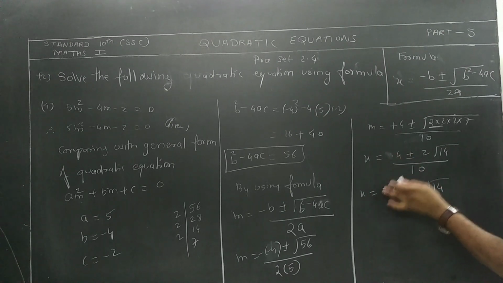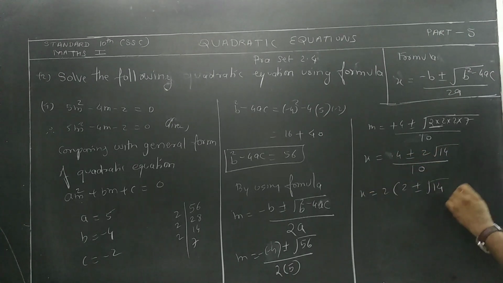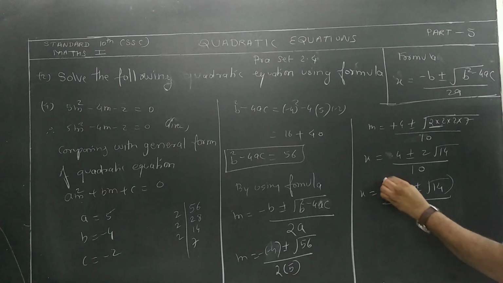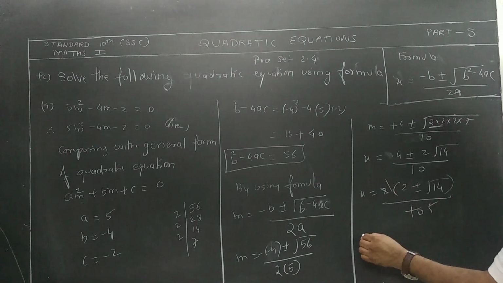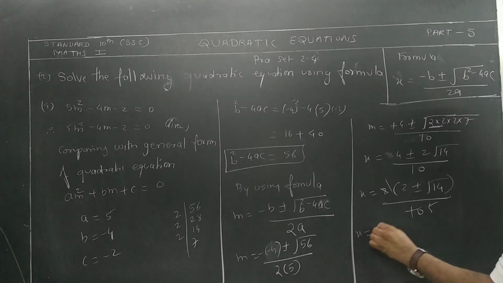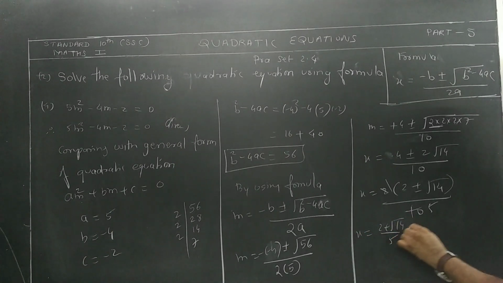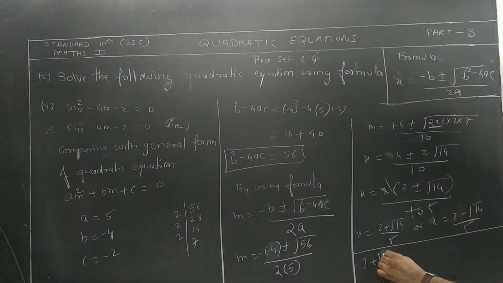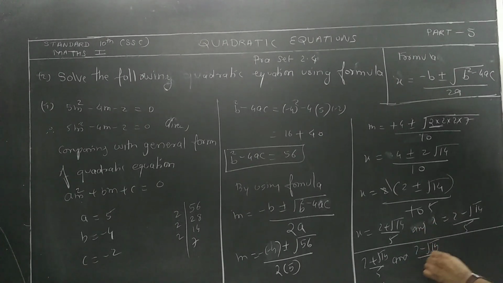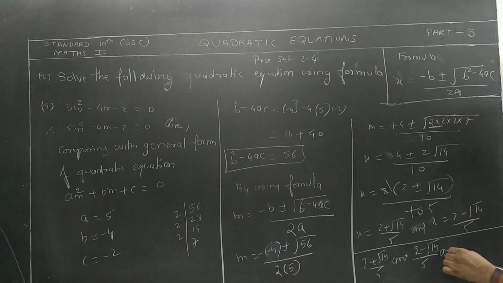2 2s are 4, 2 has gone out. This root over 10. 2 1s are 2, 2 5s are 10. So what answer did you get now? Therefore, x is equal to 2 plus root 14 upon 5 or x is equal to 2 minus root 14 upon 5. So at last, what will I write? 2 plus root 14 upon 5 and 2 minus root 14 upon 5 are roots of